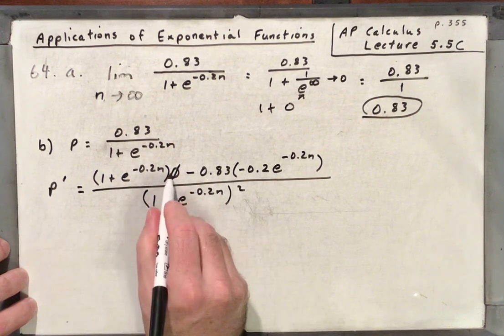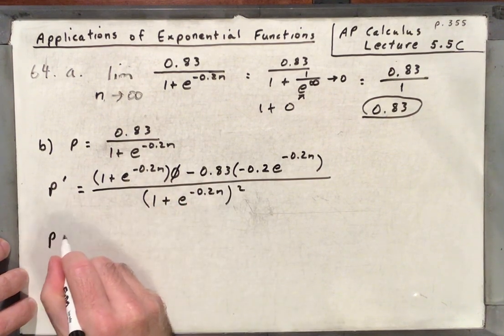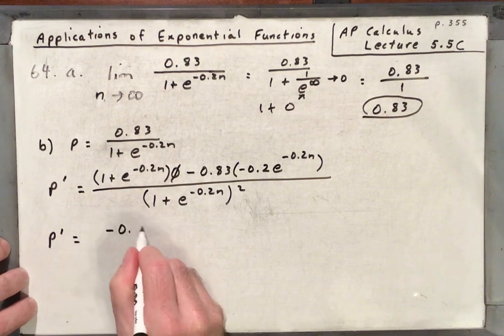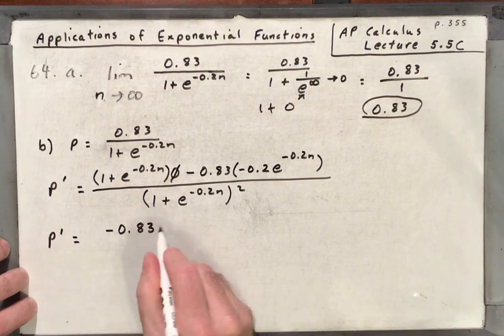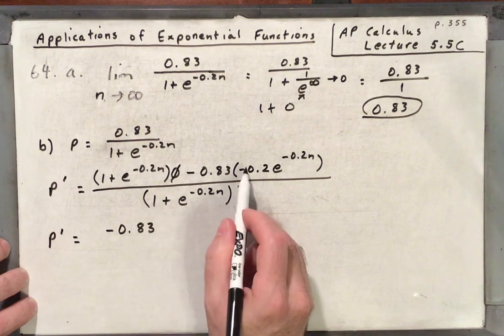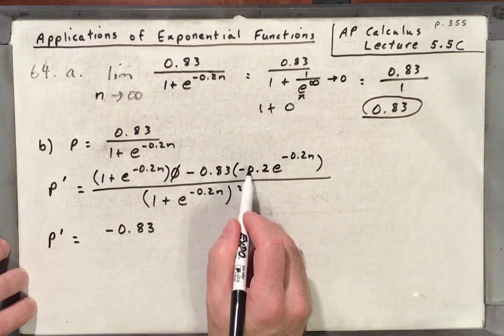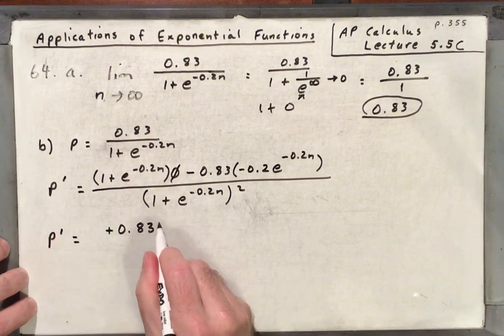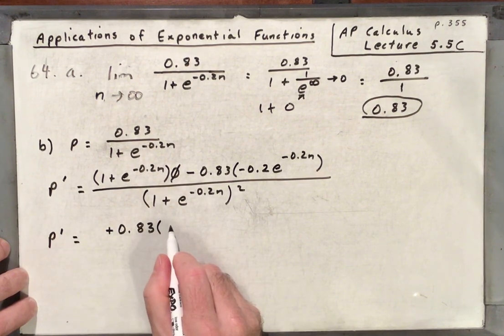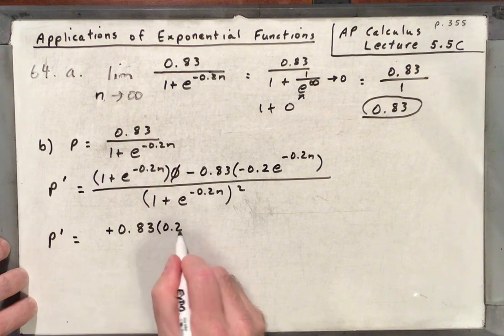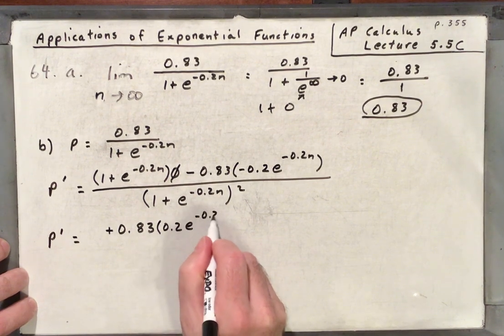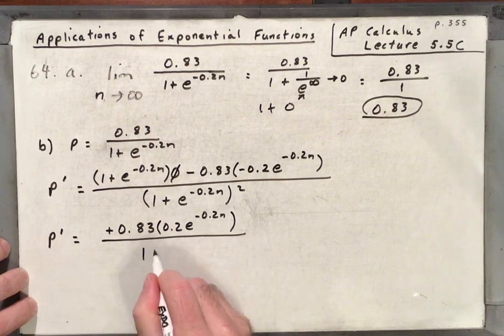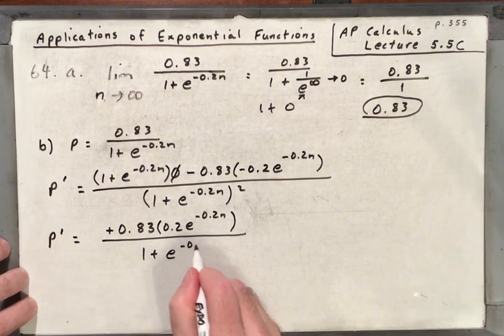So getting rid of this whole first term because it's times 0, P prime is equal to negative 0.83 times negative 0.2, so that's going to end up being a positive, isn't it? So positive there, times 0.2 e to the minus 0.2n over 1 plus e to the minus 0.2n